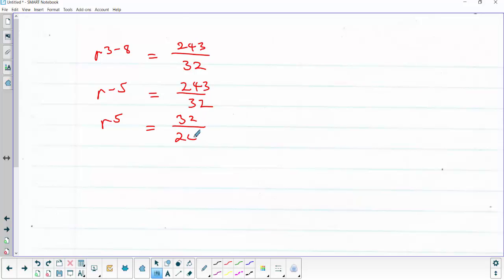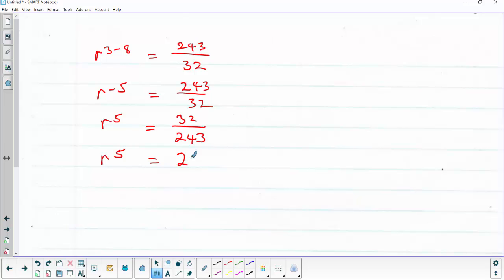From the previous calculation, we remember we have R raised to power 3 minus 8 equal to 243/32. Now when you do this one, we are going to have R raised to power minus 5 equal to 243 divided by 32. Now we need to change this one. We can say that R raised to power 5, immediately you cancel this minus here, automatically this one also changes. We are going to have 32/243. So R raised to power 5,